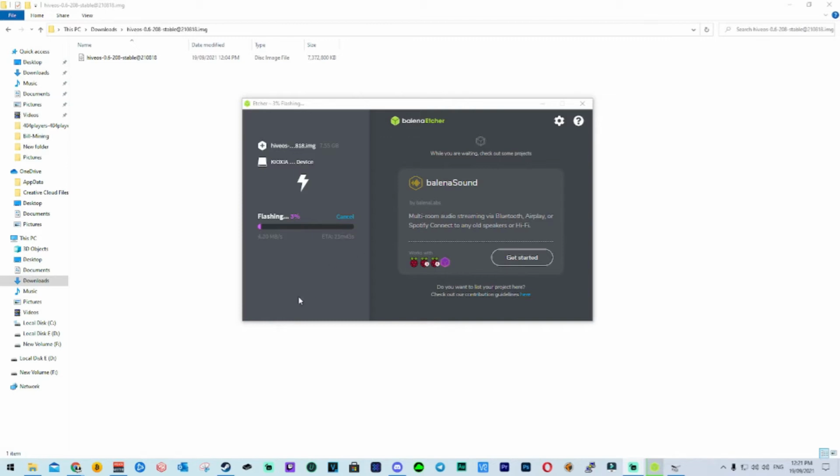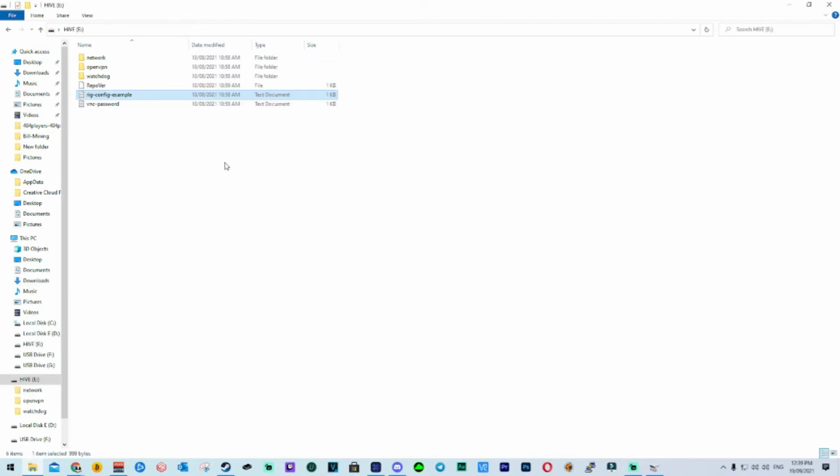So what I'm going to do, as previously stated, I'm going to come back once it's all done, and we'll meet you back here. So welcome back, ladies and gentlemen. Once you've plugged your USB back into your computer, you should have these beautiful files here with the device detected as Hive. You want to open rig config example, and normally from this point here, you can just basically